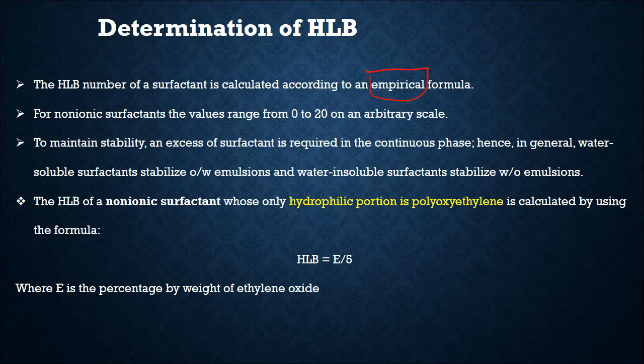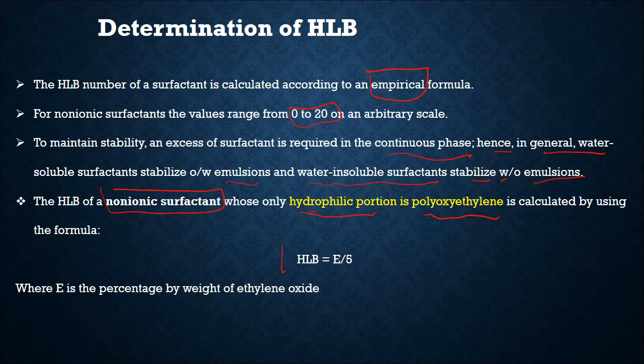For non-ionic surfactants, the value ranges from 0 to 20 on the arbitrary scale. To maintain stability, an excess of surfactant is required in the continuous phase. So, in general, water-soluble surfactants stabilize oil-in-water emulsions, and water-insoluble surfactants stabilize water-in-oil emulsions. And the HLB of non-ionic surfactants, where the only hydrophilic portion is polyoxyethylene, is calculated